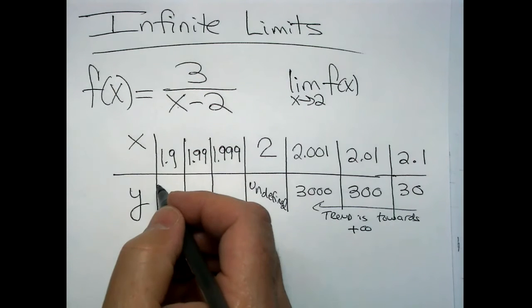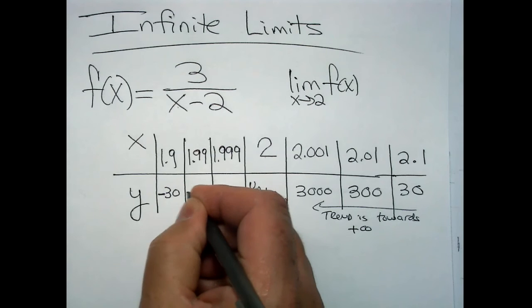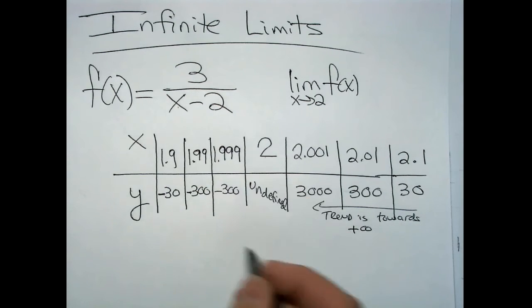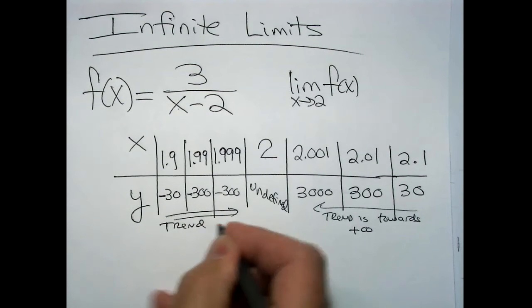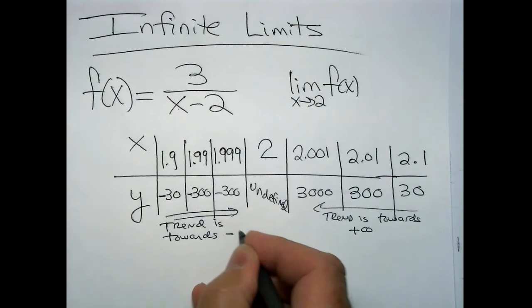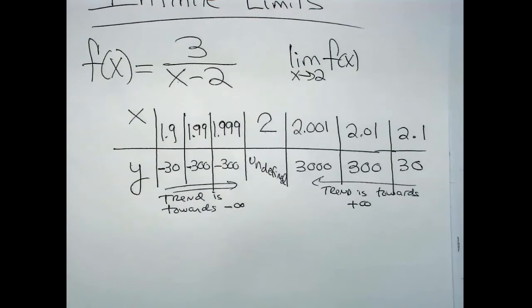In this case, if you evaluate the function at 1.9, you actually get minus 30. Here you get minus 300. And here you get minus 3,000. So the trend is very different in this direction. The trend is towards negative infinity in that direction. So what's the answer? Well,